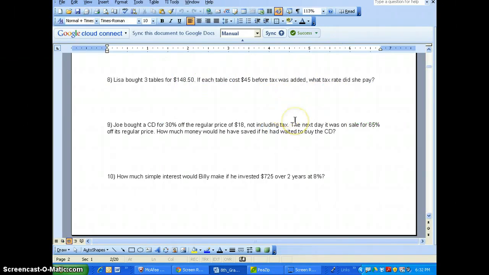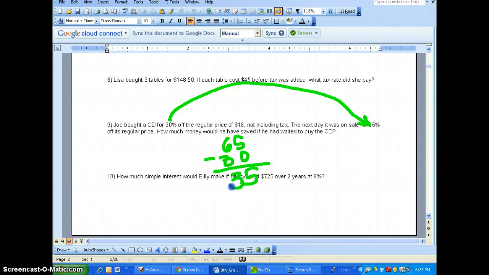Number 9. Joe bought a CD for 30% off the regular price of $18, not including tax. The next day it was on sale for 65% off the regular price. How much money would he have saved if he had waited to buy the CD? Okay, well, what's the difference in your 2 discounts? Okay, first day it was 30% off, the next day it was 65% off. If you take 65 and subtract 30, that's a 35% difference. That's the percentage that you would have saved. So 35 over 100